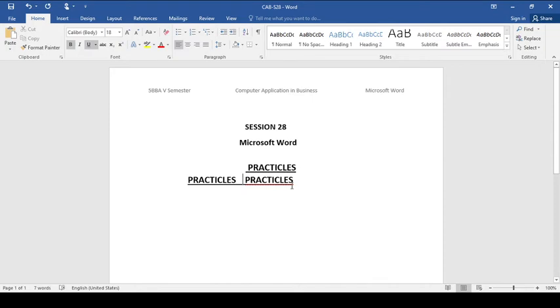Whatever we have done, if we want to go back, there is a left side arrow mark here. If we click it, it becomes undo, that is, whatever we have done gets cancelled. Or if we want to get it back, we can click the right arrow, it will redo. Then whatever content we are typing, we have various fonts given in Microsoft Word. So there are n number of fonts given here. You can check. So many different types of fonts are there.